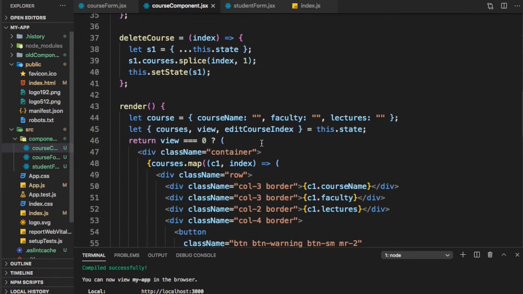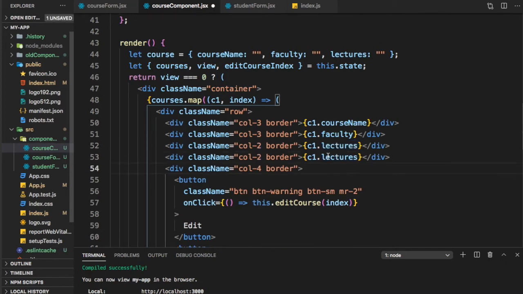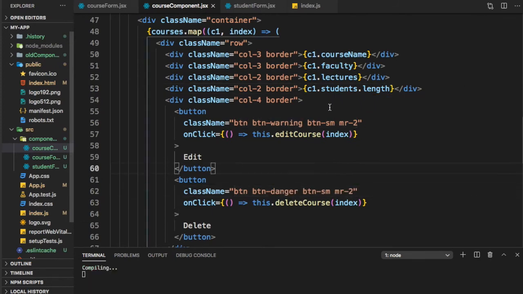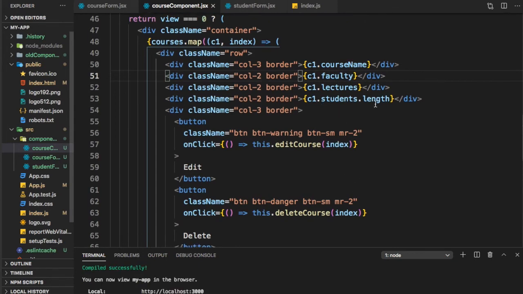Now let's go ahead and in our render also show here the number of students. So I can say c1.students.length. So let's reduce this, make it 3. So we have now created the students.length.